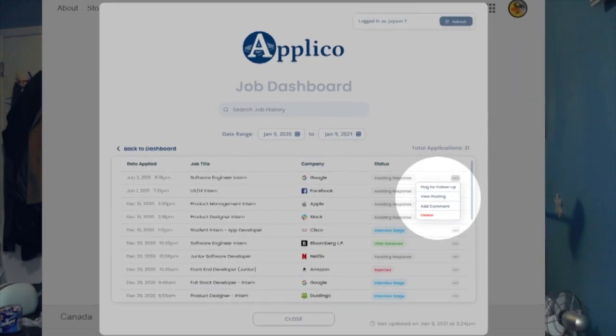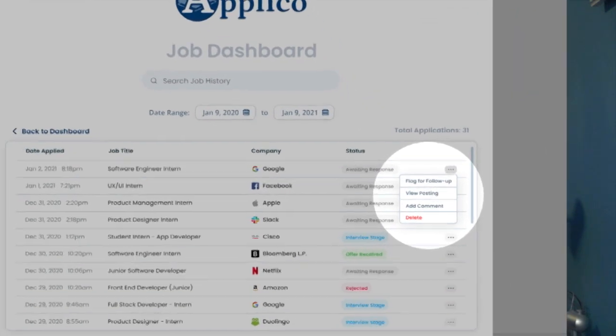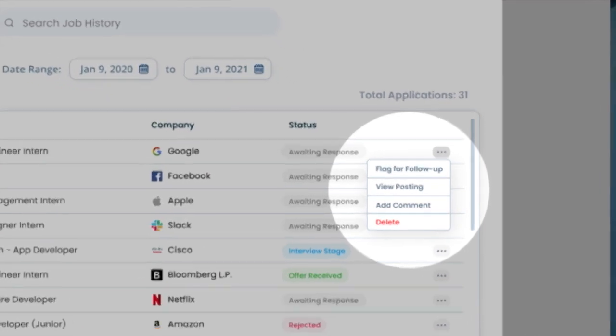In the application history view, users can see a list of all the jobs they've applied to in a specific time frame and whether they have received a response from the employer. They also have additional options such as flagging an application for follow-up, viewing the job posting directly, and adding comments